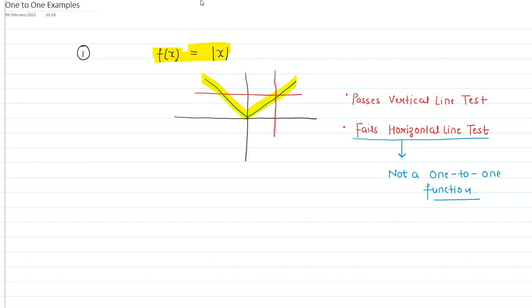And because it fails the horizontal test, it is not a one-to-one function, but rather a many-to-one function.